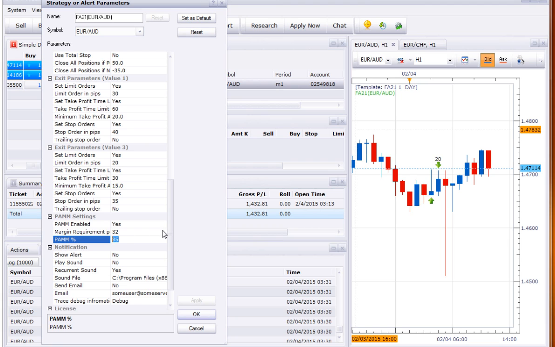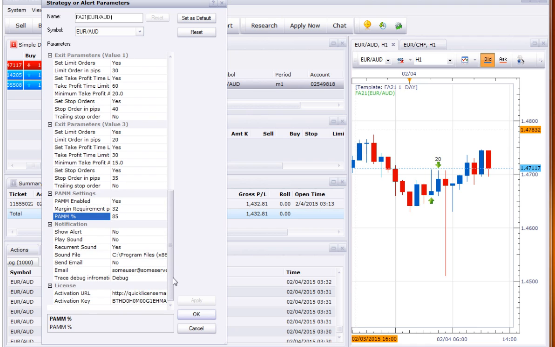But initially, especially if you're using a demo account, it doesn't really matter. But if you're in real money accounts, absolutely be conservative and don't do anything until you're ready to trade and feel comfortable with the trading station and the system. Here again, it's the activation URL, and you should have your license here to trade. Once that's all set, all of these parameters are set and identified in the